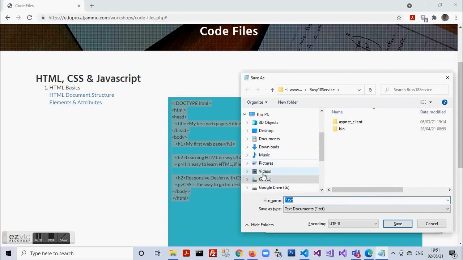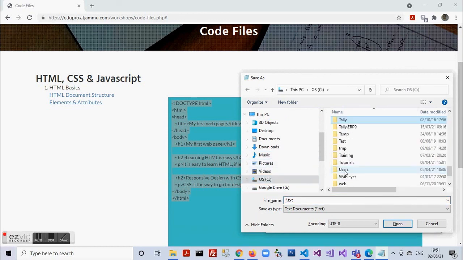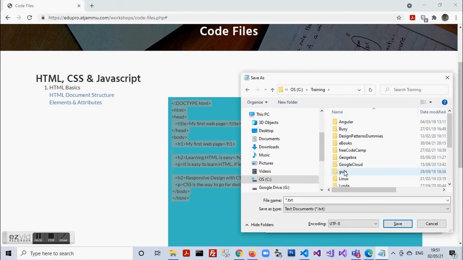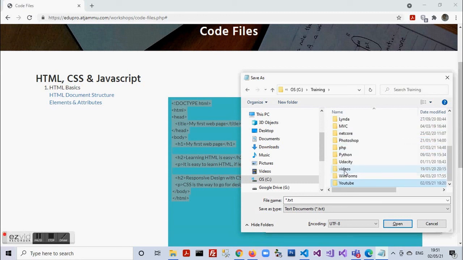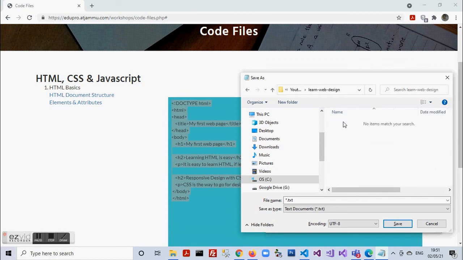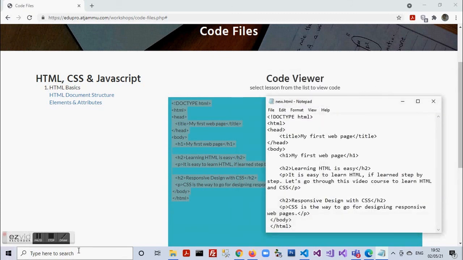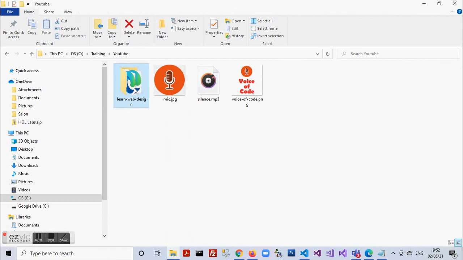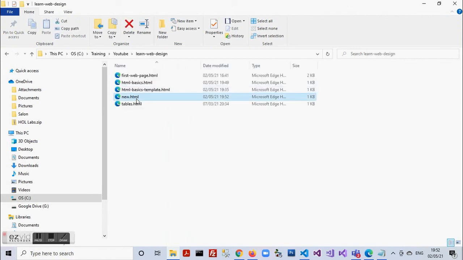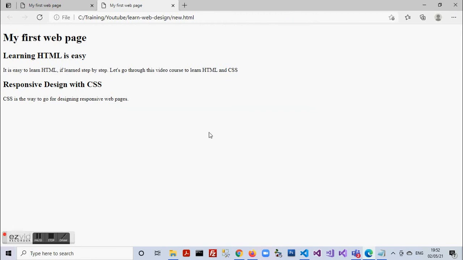I can save this within my directory structure, any place that you feel like. Give it a HTML extension, and I may move to that particular location and I may double click this file I created just now, and this will open in my browser, right?